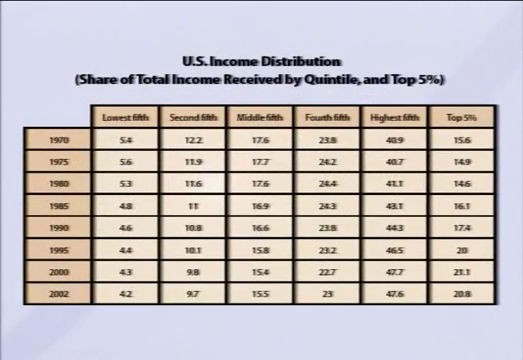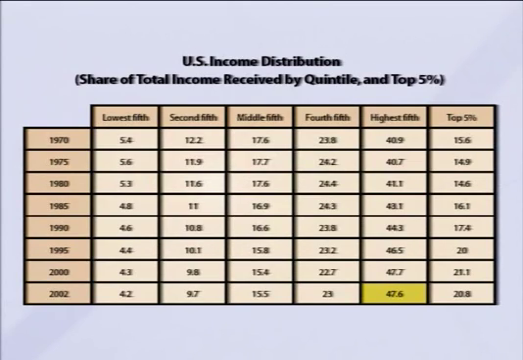So let me give you some actual numbers on the income distribution. In 2002, the bottom fifth of the income distribution got 4.2% of total income. The second fifth got 9.7% of total income. The middle fifth, the middle quintile of the income distribution, got 15.5% of total income. The fourth fifth got 23% of total income. And the top fifth, the top 20% of the income distribution, got